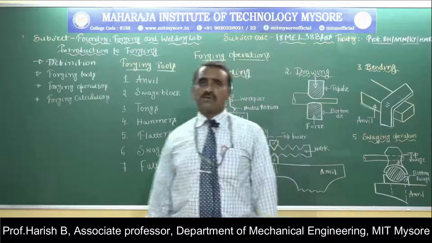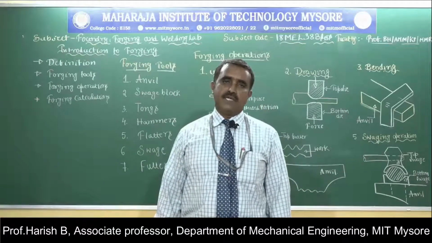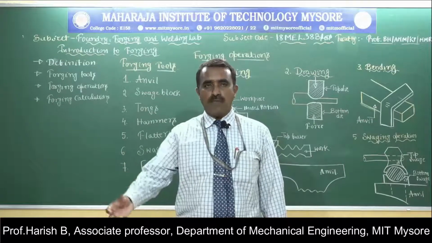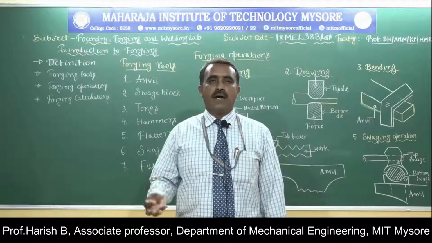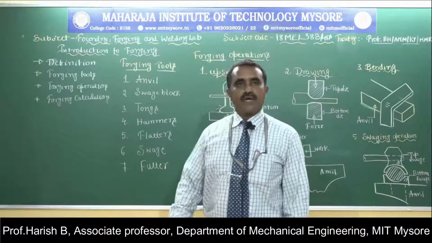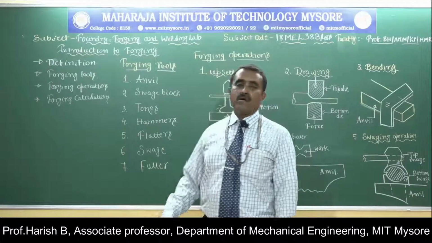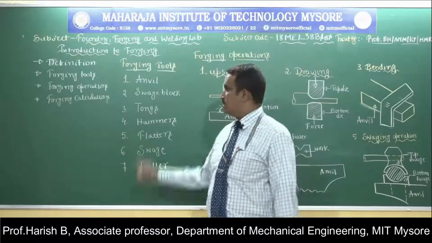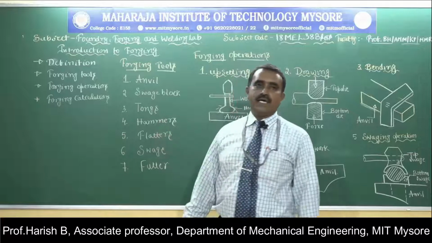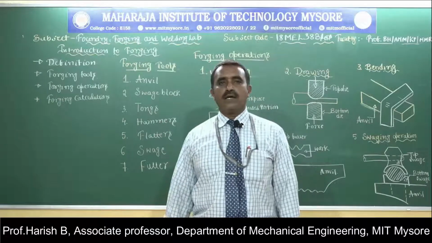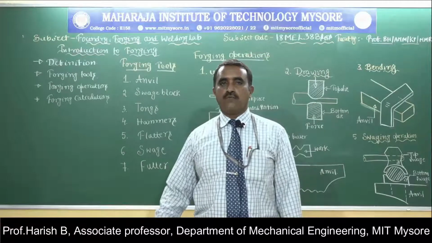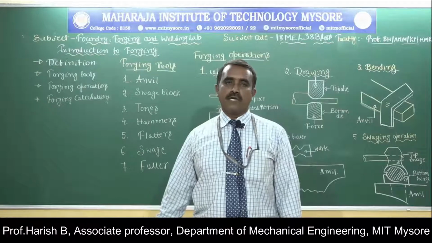The third one is tongs. Tongs is a holding device for holding the workpiece. Once we heat the metal to red hot condition, it has to be lifted from the furnace and held by a tool. That tool is tongs. Different shapes of tongs can be used depending upon the cross-sectional shape of the workpiece. Tongs is the work holding device. Then the next tool is the hammer. The hammer is the tool used to apply the external force. Different types of hammers can be used.